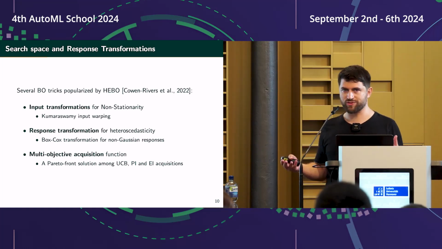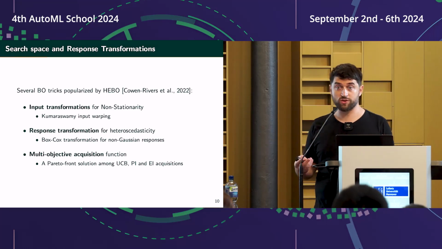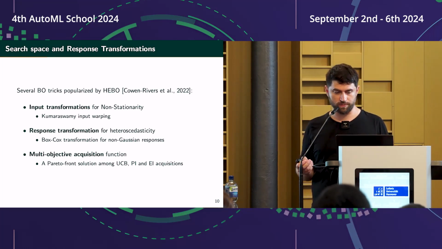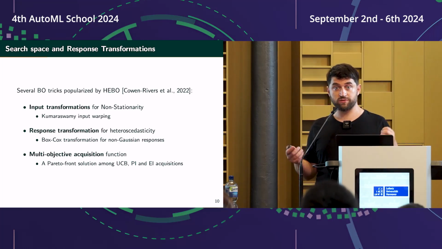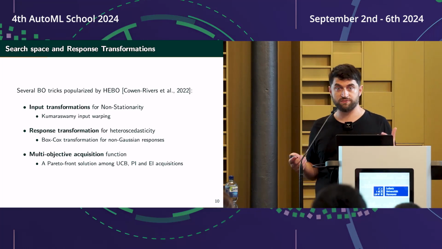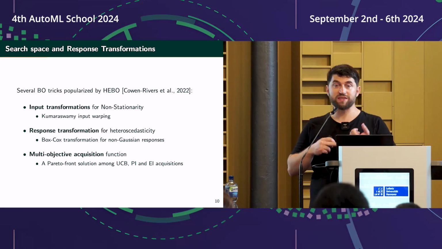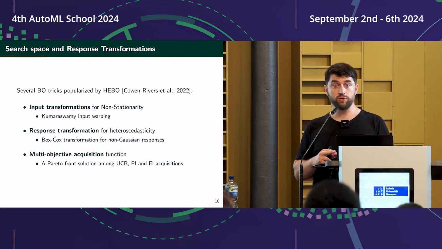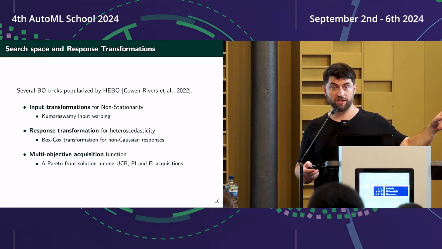The second is the response. In other words, those points here that you see on the y-axis, we use a Box-Cox transformation in order to make their distribution more Gaussian-like. And the third is, instead of using a single acquisition function, we use a multi-objective optimization. We combine more than one acquisition function. So if you transform the input to make it more stationary, if you transform the target to make it more Gaussian, and if you use more than one acquisition function, then Bayesian optimization can achieve state-of-the-art results, as